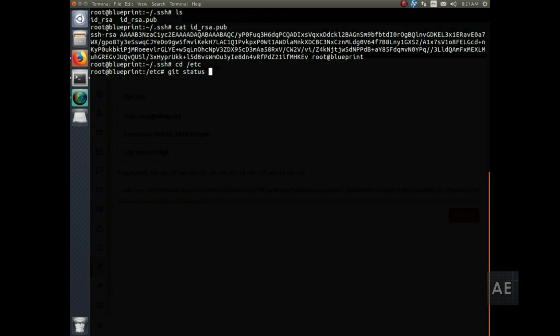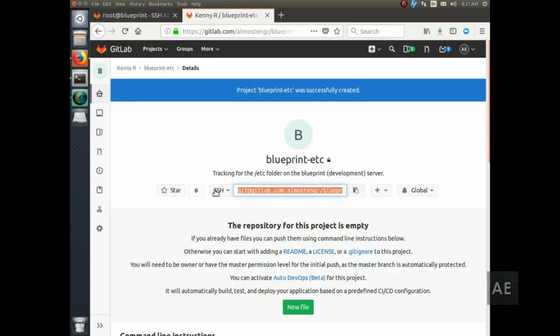and then we can run git status here, and we see that all of our changes are committed to the repository, and there's nothing new to commit. So going back to your project page, the SSH command that's given here, or URL rather, you'll need to copy this